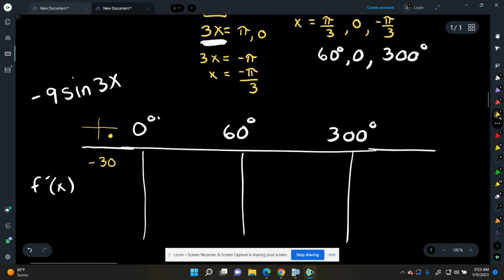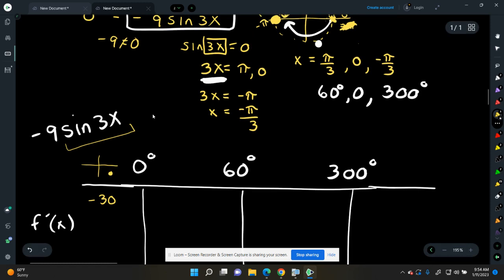What are the y values? Sine is the y values, right? So y positive or negative? Negative. So I get a negative value here. Doesn't matter that I'm multiplying it by 3, or does it? It doesn't because it's still going to be negative. What am I multiplying by 3? The negative 30. What's 3 times negative 30? Negative 90. Okay, what if